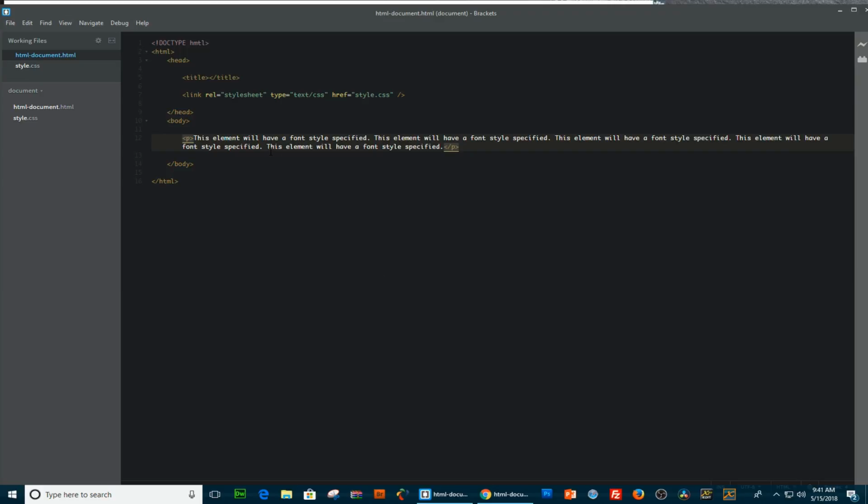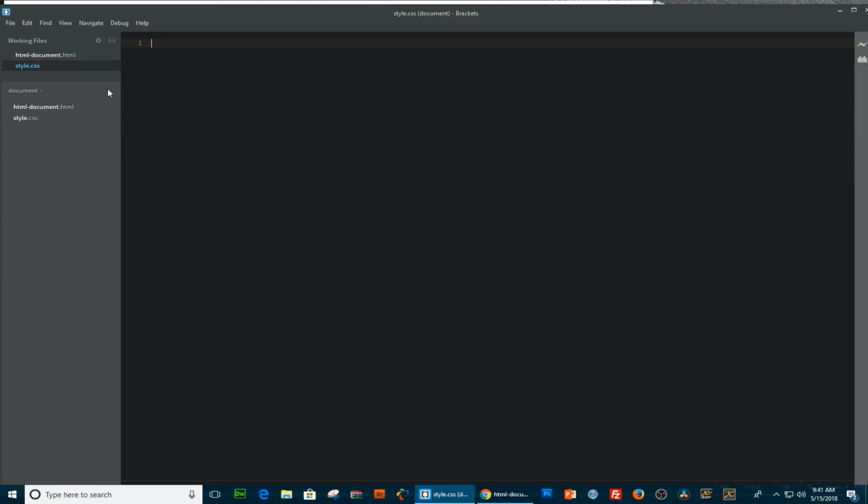So I'm going to leave this like it is in the HTML document. And in the CSS file, I'm going to specify the P tag here. And I'm going to add a font family. Okay. I'm going to add cursive as value. Now I'm going to add font weight. And we're going to start with lighter. So you can just write lighter,